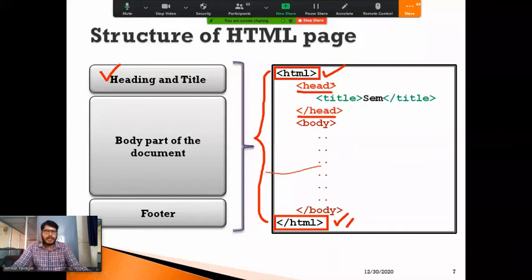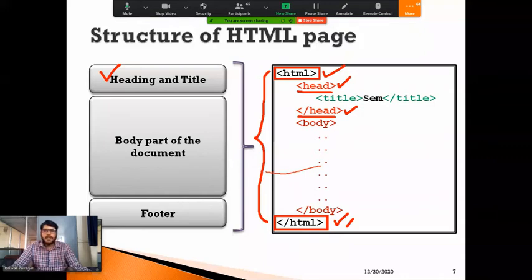Here also we are using the heading opening tag and this is the heading closing tag. We have to write these tags specifically like this. I should not commit any mistake while writing these tags. If I commit mistakes, then my program may not execute properly.